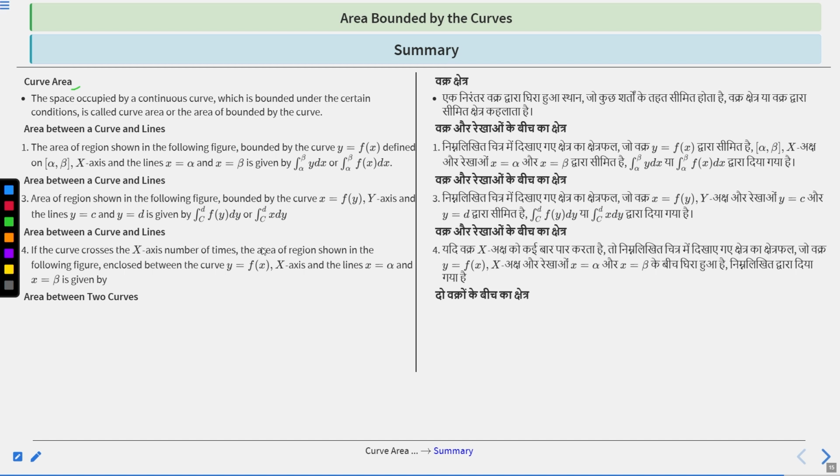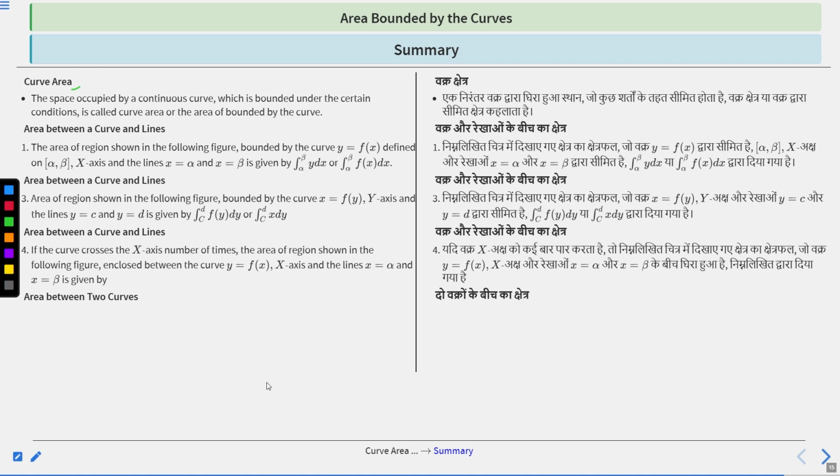After that, we had studied the area of a curve that crosses the x-axis a number of times. The area of the region bounded by this curve. The curve was this. Clear? The area enclosed between the curve y equal to fx, the x-axis, x equal to alpha and x equal to beta was given. That is the summation of the area of this, and the magnitude of the area of this, right? Which we had studied. After that, we had studied the area between the two curves, right?